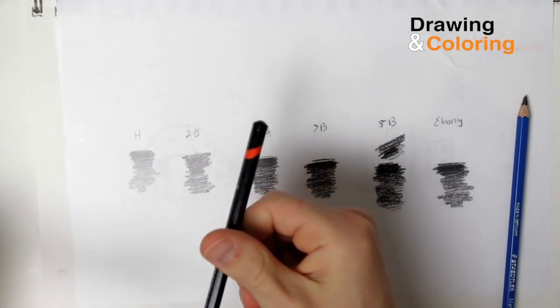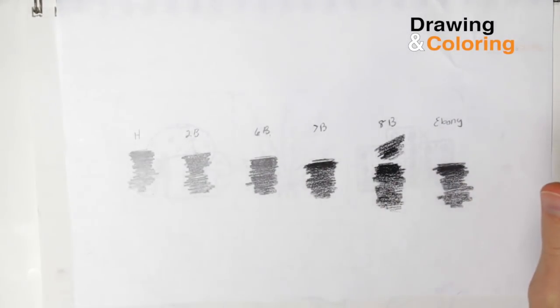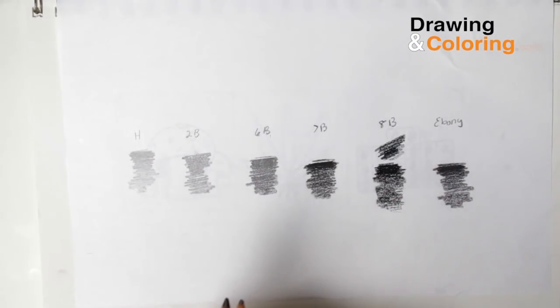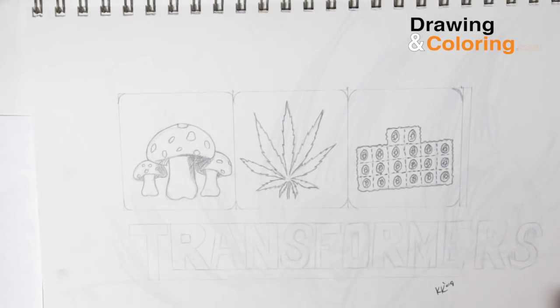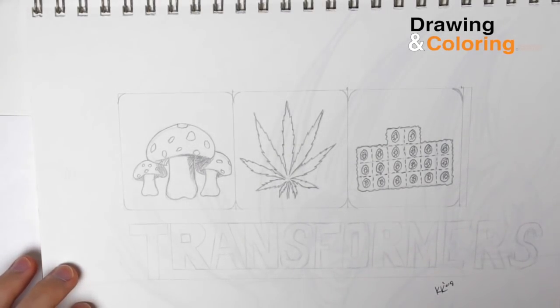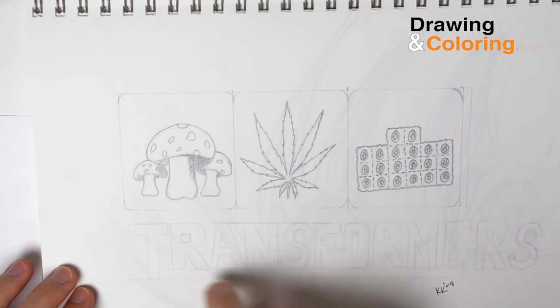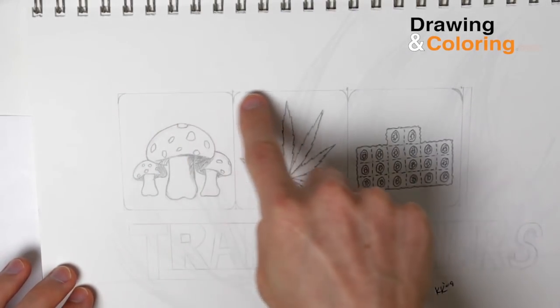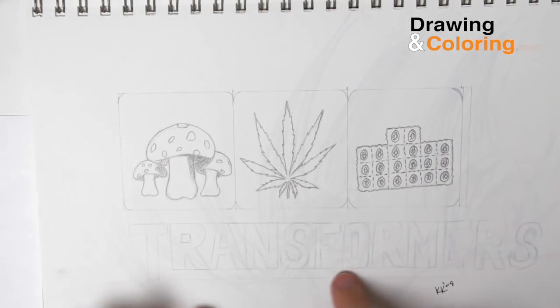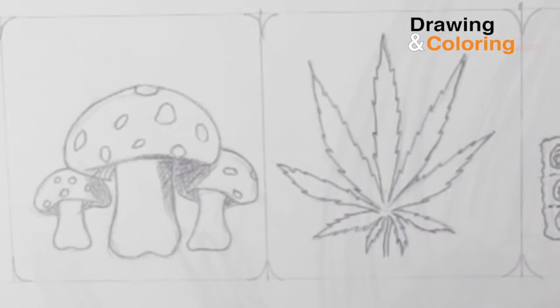Get a 2B, H, and a 6B pencil, and then you can do all of the spectrums in all of the colors. So as you can see here, I have just a quick drawing I did for one of my ideas. And I did the initial drawings with an H pencil. And as you can see, I even drew all the preliminary stuff, starting with the H, and then I went over it with the darker